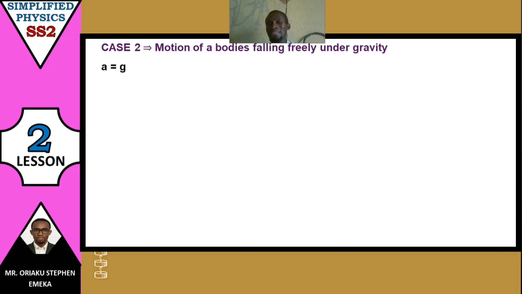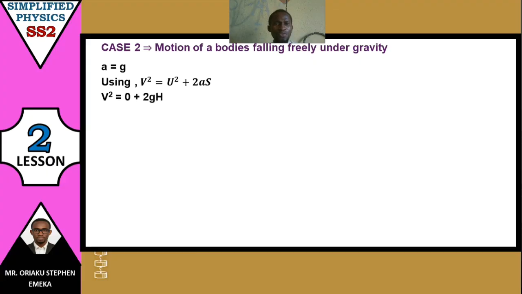Okay, so let's go to case 2: motion of a body falling freely under gravity. That is the case where you are dropping a body from a height. You should note that when you are dropping a body from a height, the acceleration is equal to gravity, because the body is falling in support of gravity. Now if you use the third equation of motion,